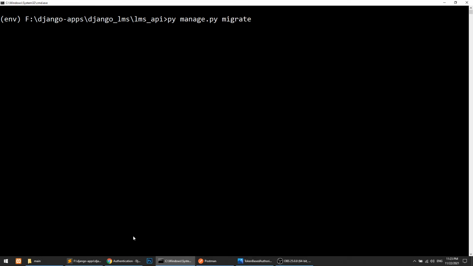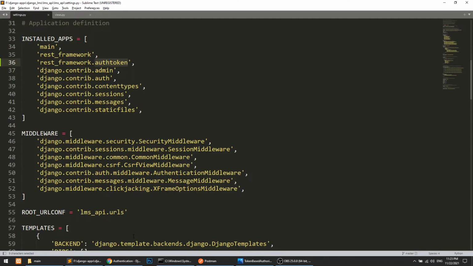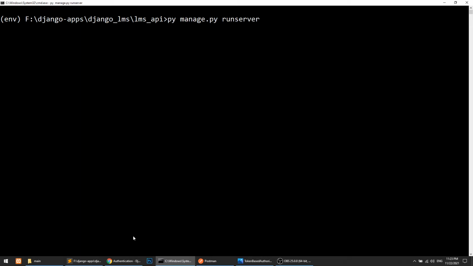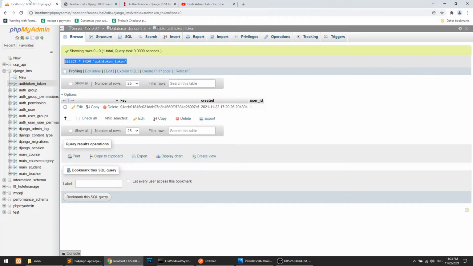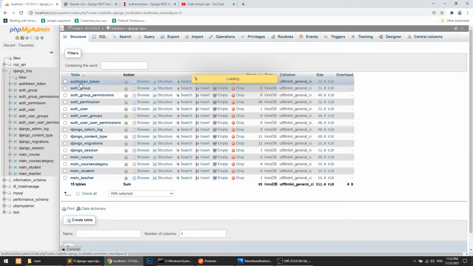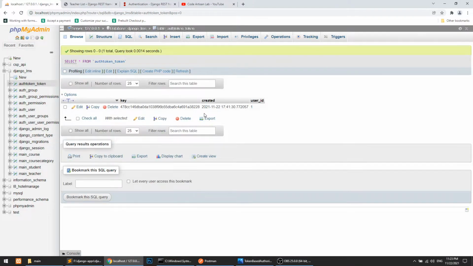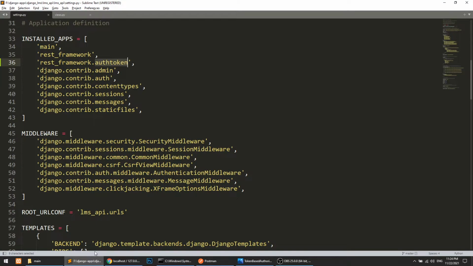I have already run this command. I will run the server. Let's go to the database, and here you can see that I have the authtoken_token table, and here it will save the token against the user. So we have created the table.